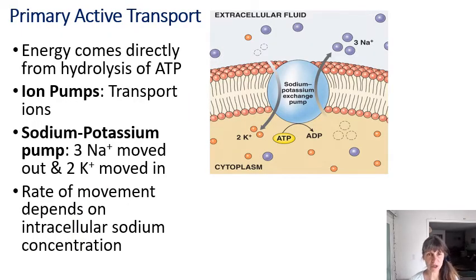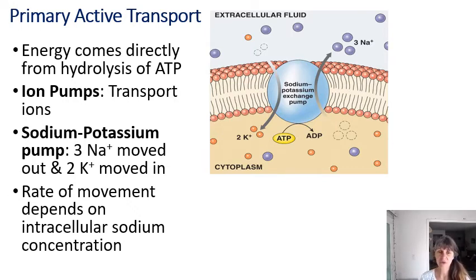Primary active transport, as we said, comes from the hydrolysis of ATP. We pump ions against their concentration gradient. I already noted that the sodium-potassium pump is going to move 3 sodium ions into the extracellular fluid where the concentration is already higher, and 2 potassiums into the internal area of the cell in the cytoplasm where the concentration of potassium is higher. So we get 2 potassium coming in, 3 sodium going out, both against their concentration gradients,